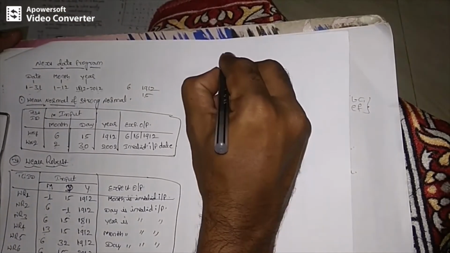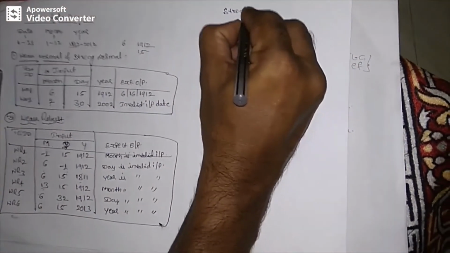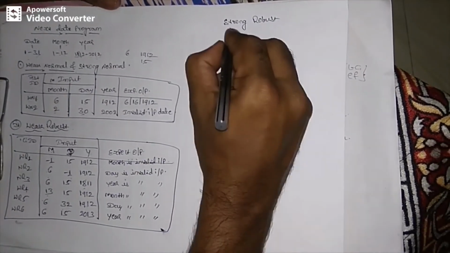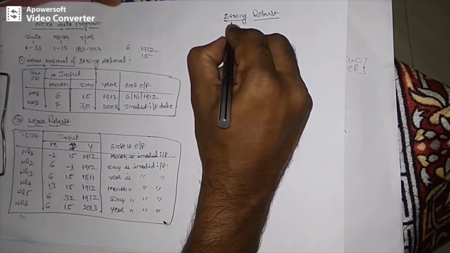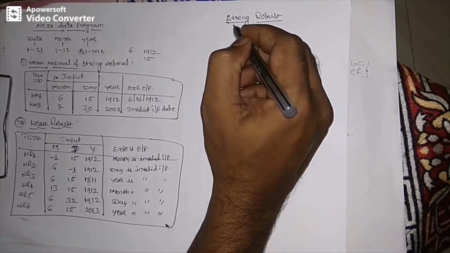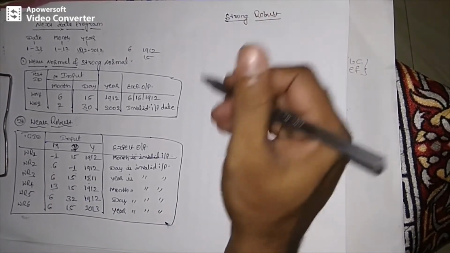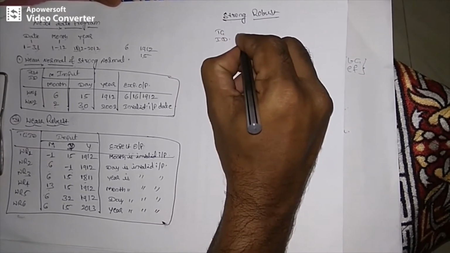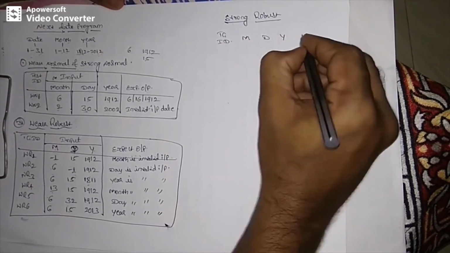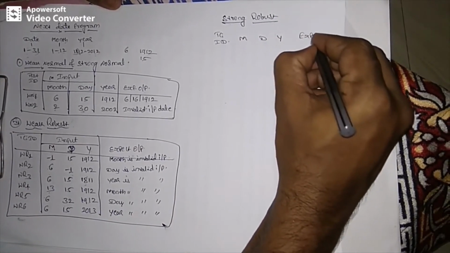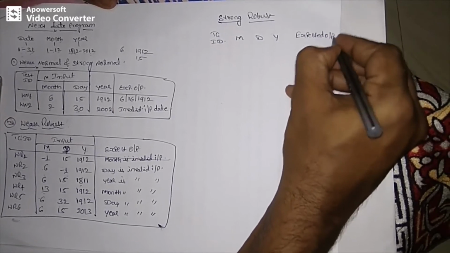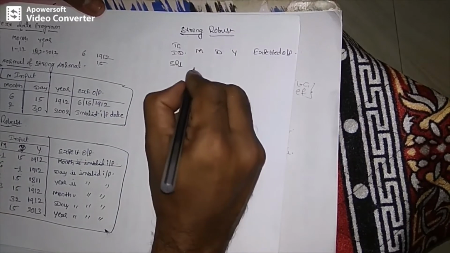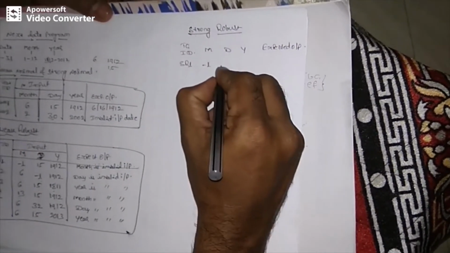Similarly, we will jump to the last testing technique, strong robust for next date problem. Strong robust, I told, is a multiple fault assumption. Before writing these test cases, the first test cases should be single fault assumption, followed by multiple fault assumption. Here I'll write test case ID, inputs are month, day, year, then the expected output result. I'm not writing the expected output result here. First test case here SR1. First it should be a single fault assumption.